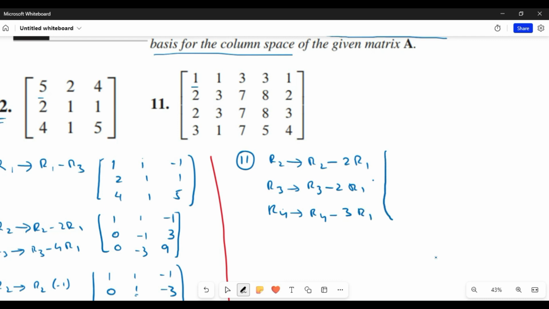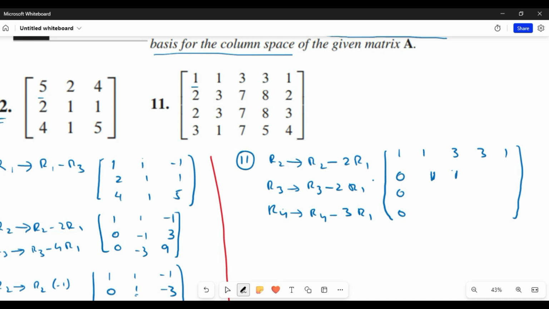Then the resulting matrix, there is no change in the first row, 1 1 3 3 1. In the second row, R2 becomes 3 minus 2 times 1, so 1, 7 minus 2 times 3, 7 minus 6 is 1 again,